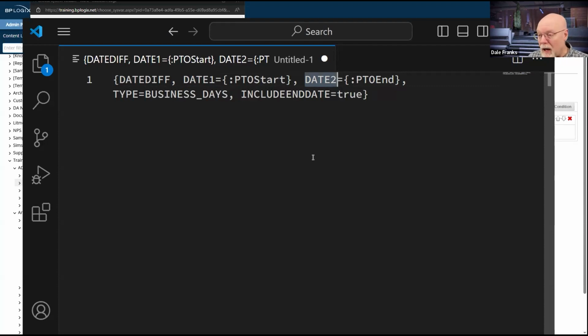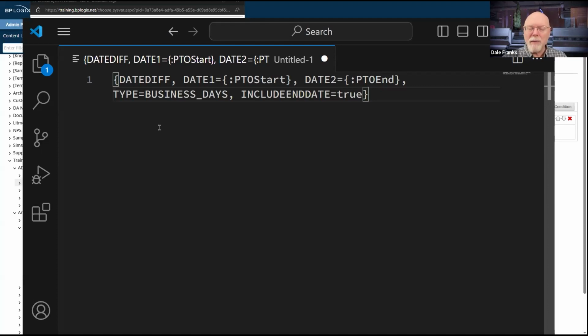Now, in my case, I want to add a couple of extra parameters. I don't want to include weekends or holidays. Now, in Process Director, it knows what Saturday and Sunday are, so it knows what weekends are. It doesn't know what holidays are unless you tell it. Now, there is a series of custom variables that you can put inside your custom variables file, which we have to do every year. I think I've even done it on training here for this year, although I may not have. But in any event, there is a calendar of dates that you can put in whatever your organization considers a holiday. And any day that falls on those dates will be considered not a business day.